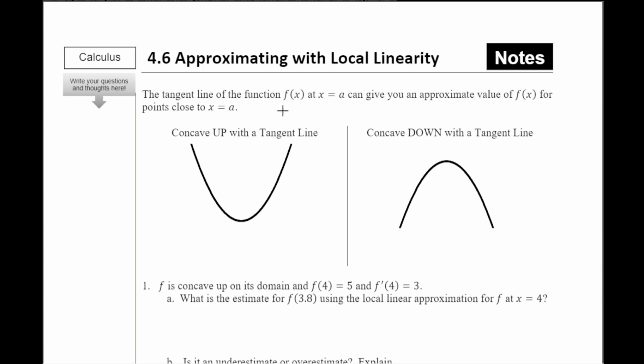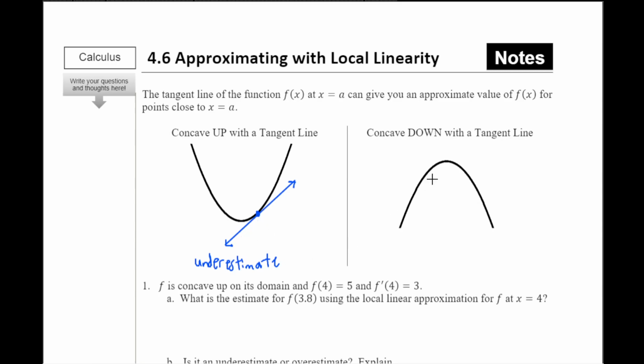The tangent line of a function f of x at x equal to a can give you an approximate value of the function for points close to x equal to a. So if you draw a tangent line, this is a graph that's concave up, like an upward U-shaped curve. If we draw a tangent line here, you see the tangent line is all below the curve. Because when a function's concave up, the tangent line's below, therefore you would have an underestimate. If we take values on this tangent line to estimate points for f of x, these are all below